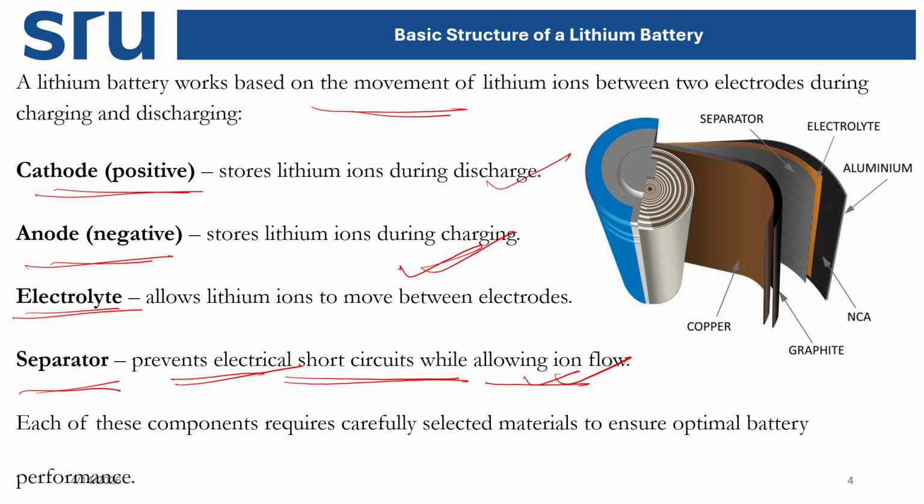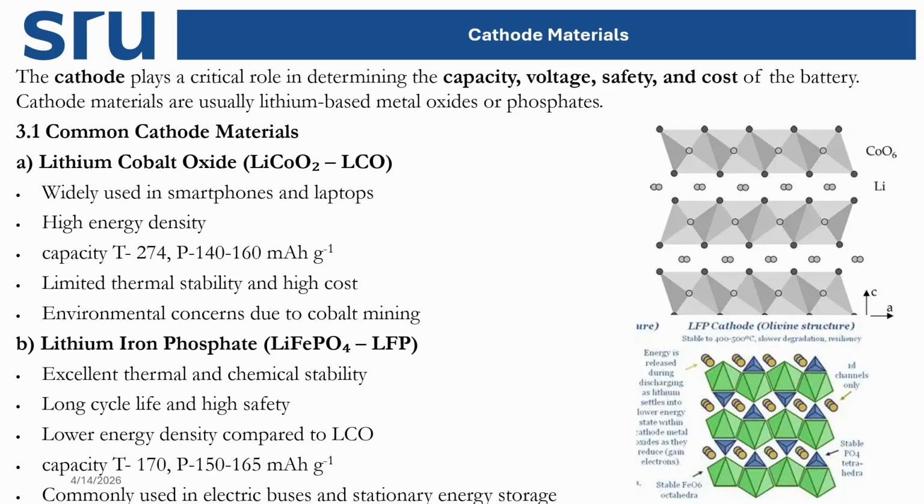So these are the fundamental units or components of the lithium ion battery. There will be two sides, the anode side and the cathode side. On the two sides, the cathode material and the anode material will behave differently. So there will be two types of materials according to the electrode: one side will be the cathode, another side will be the anode. And we'll discuss here what cathode materials we use in